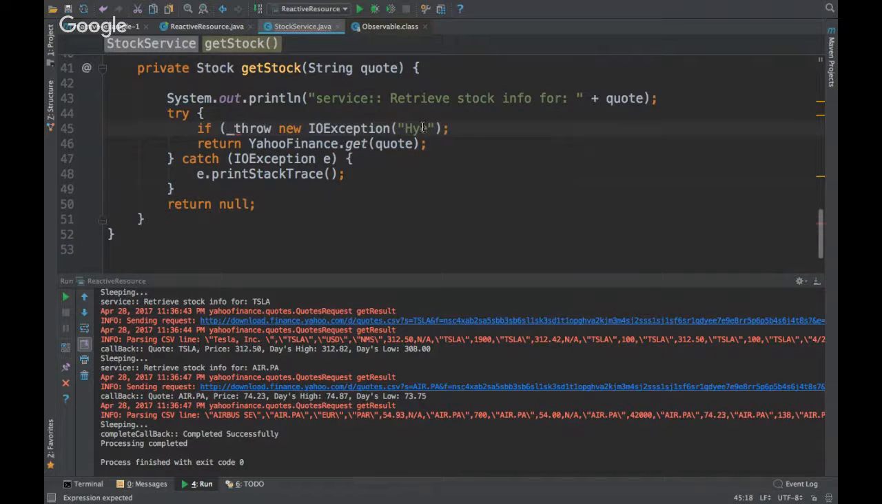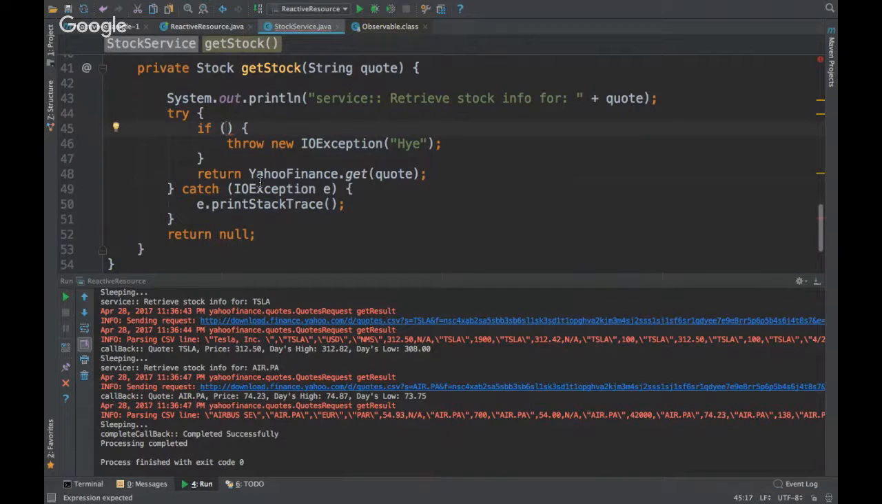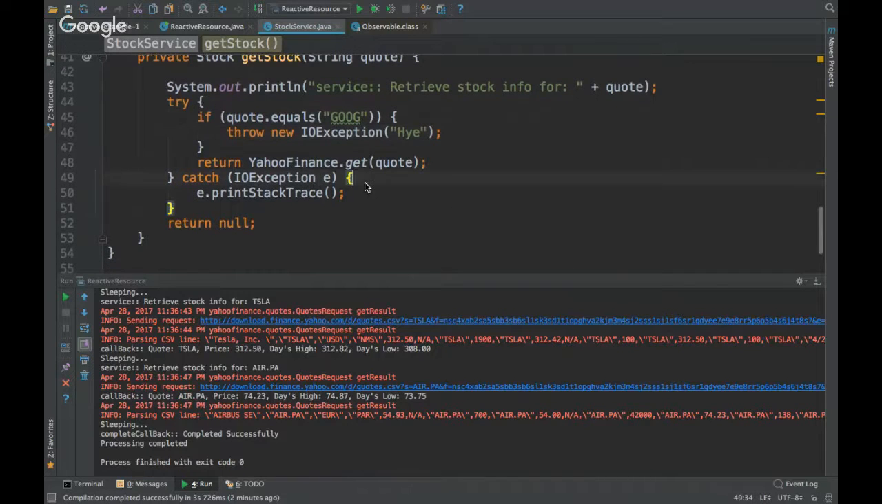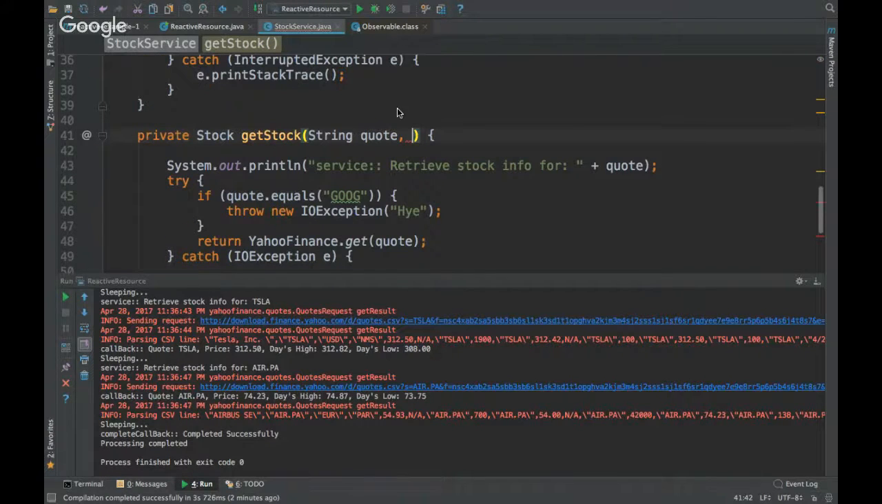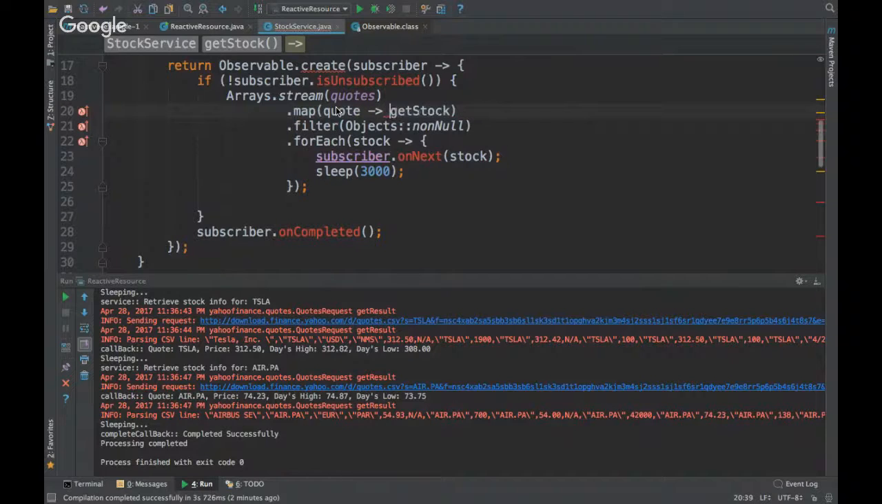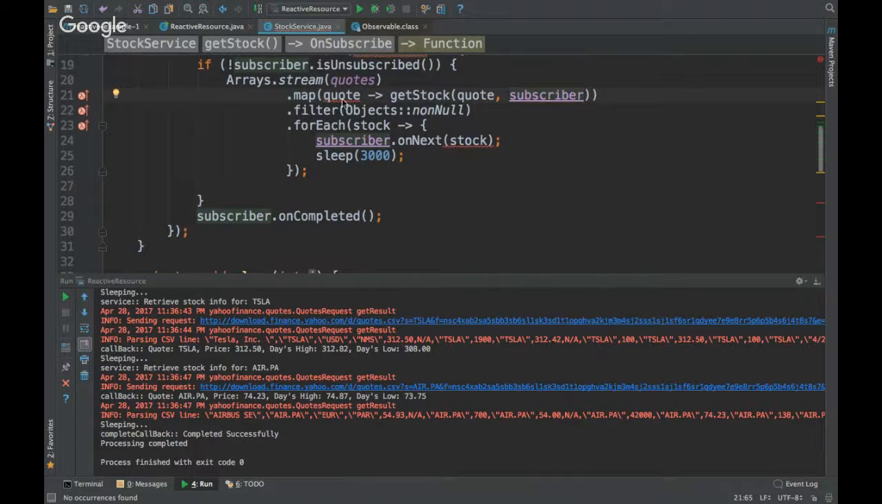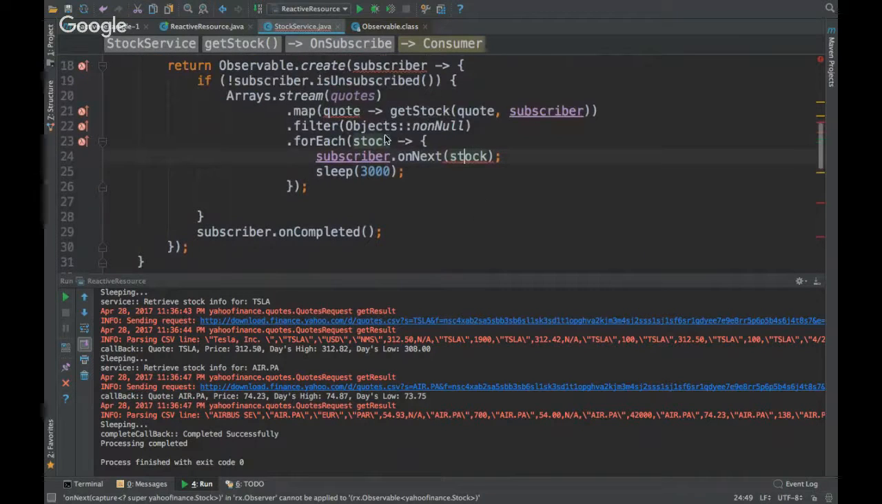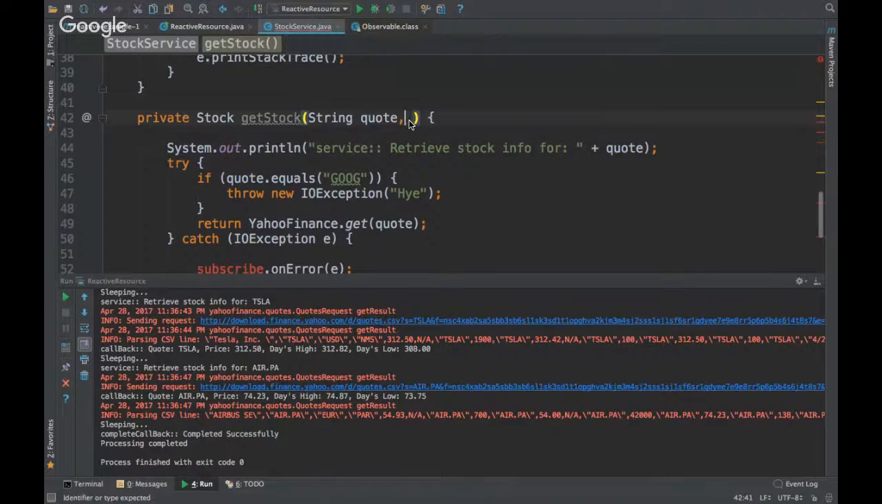This is going to complain. So how will I throw? I'll say if the code is equivalent to Google, I'm going to throw an exception. That is what I'm doing here, and what we need to do is call onError with the exception. So we need to add the subscriber here. Basically, the code is required here, and I'm just going to say get stock of the code, comma, the subscriber. So what we have done here is we have got the subscriber. I didn't add